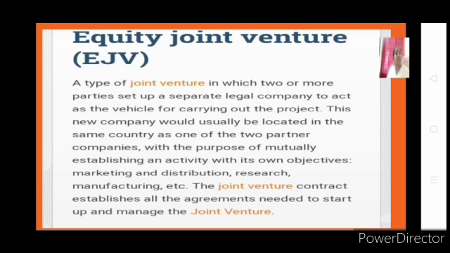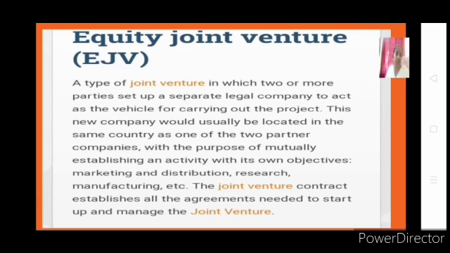So in equity joint venture, what happens? You will be establishing a company which has a separate legal entity, like it can be a joint stock company. Together A and B will join together to start a new company called C. It will be having its own rules and regulations. Again, there will be an agreement between A and B with the terms and conditions to run C, because in C company, what is the position of A, what is the position of B will be declared by whom? By both, when they have entered into a contract, that is the joint venture contract.